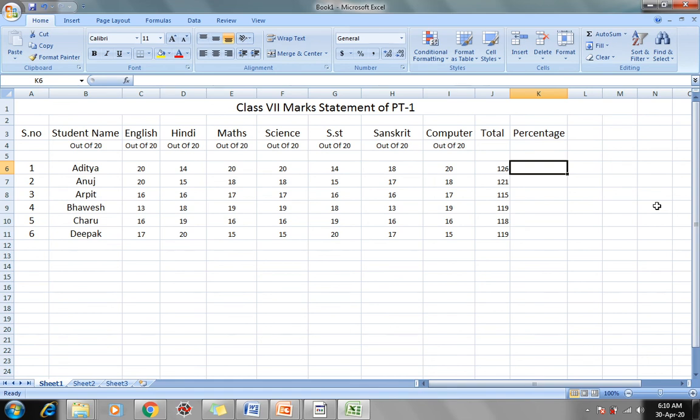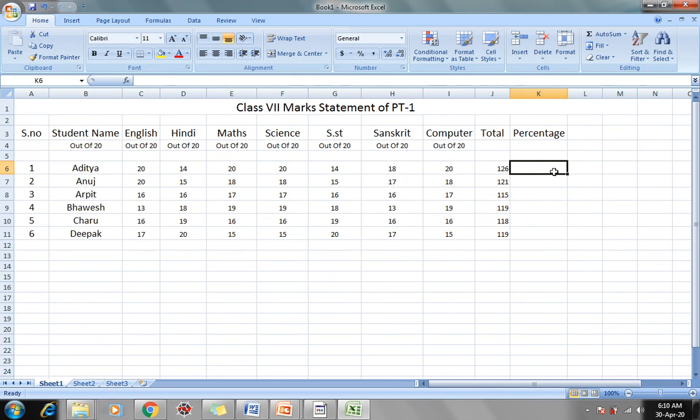Now to calculate percentage, what is the formula? These marks are out of 20, so the total will become 140. To calculate percentage, you divide this total by 140 and multiply by 100.